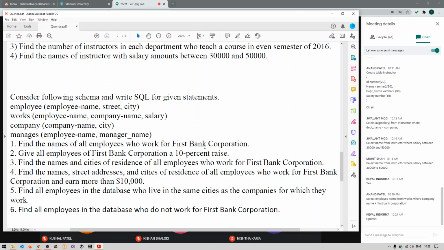Find the name and cities of residence for all employees who work for First Bank Corporation. What will be the answer of this? Anyone who can give the answer?